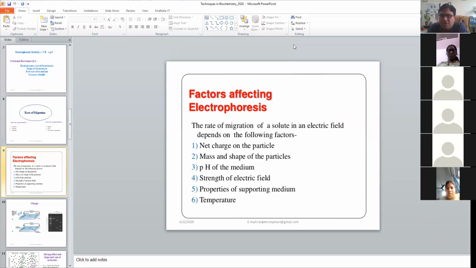This mass and shape is very important in terms of your protein, and of course in DNA also people use this. You might know that one of the main objectives of SDS-PAGE, other than profiling, is to find out the molecular weight of protein, right? So the mass and shape of the particle influence the migration or the movement of that particular particle on the gel. If mass is high, the migration will be very low. If the shape is extended, you have to think in that way.